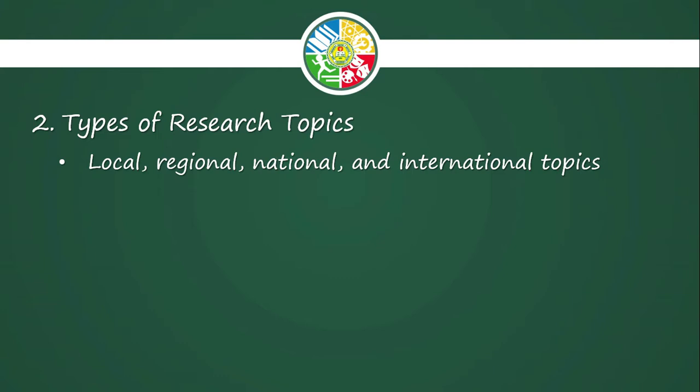Our tricycle is very different from other tricycles in other cities, so we can use our tricycle as a topic. Regional: what are those issues that the whole Region 9 can relate to? National, the Philippines, we're living in the Philippines. What are those topics, issues, or problems that are very relevant to our nationality, such as the use of Tagalog as our national language? Pwede na siya nato matopic for national, because everyone living in the Philippines can